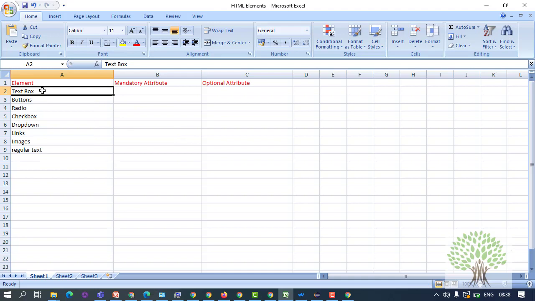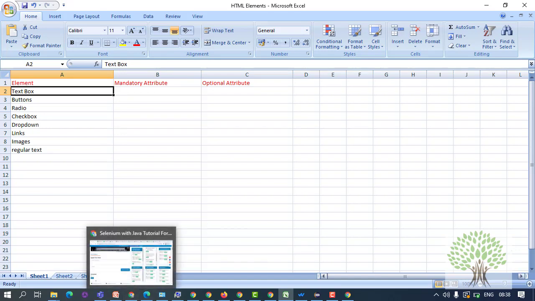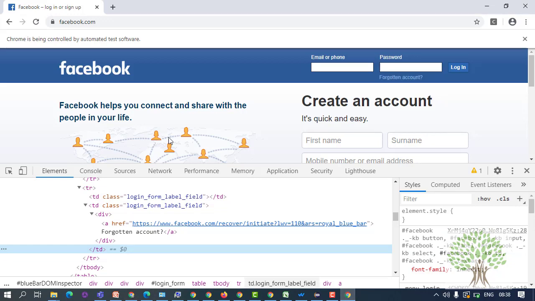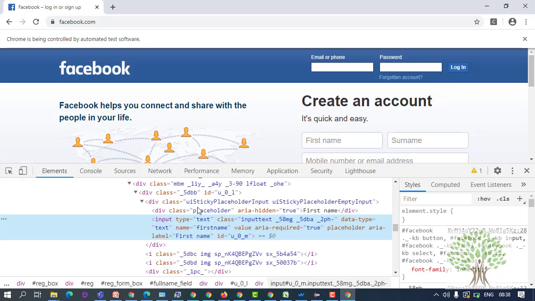Every HTML element has a few mandatory attributes and optional attributes. For example, if I talk about a text field, say the first name text field, a text field will always have the tag name input, and the type attribute would be equal to text. This will always be there.